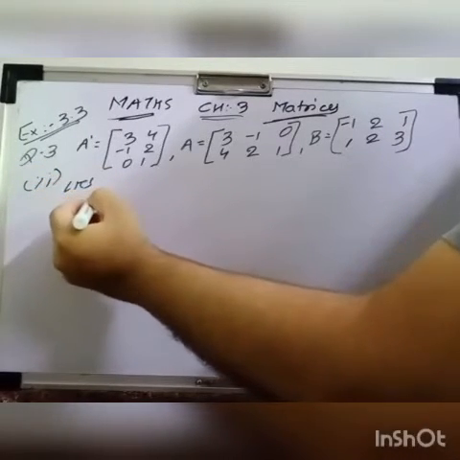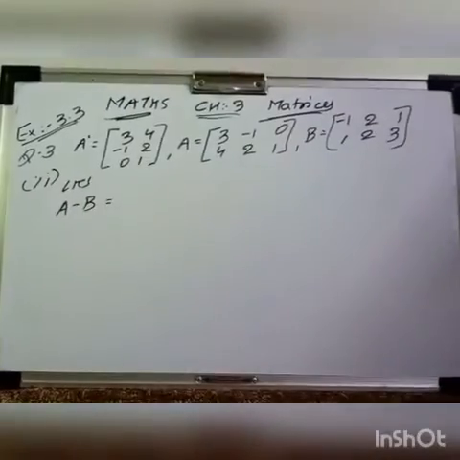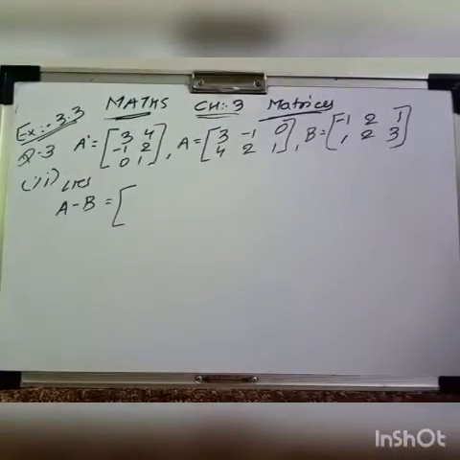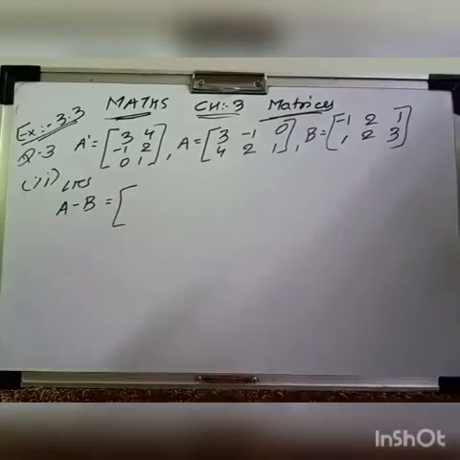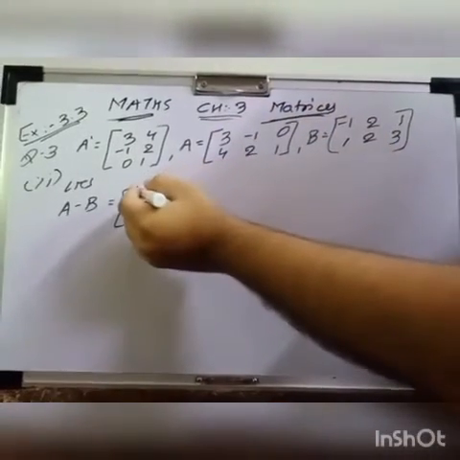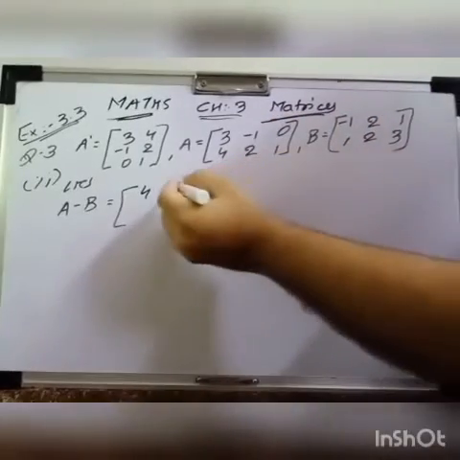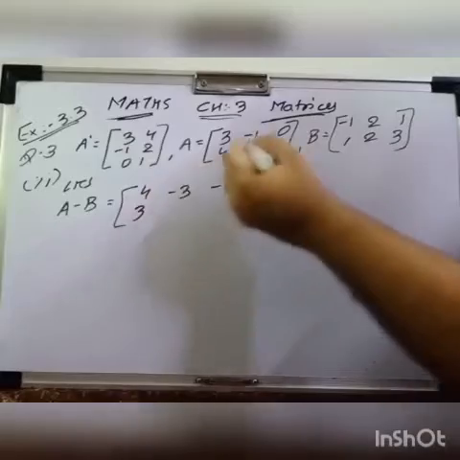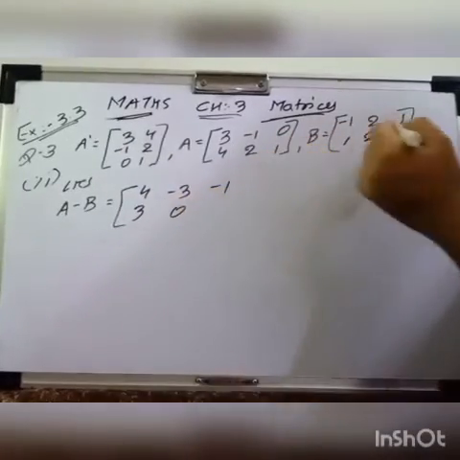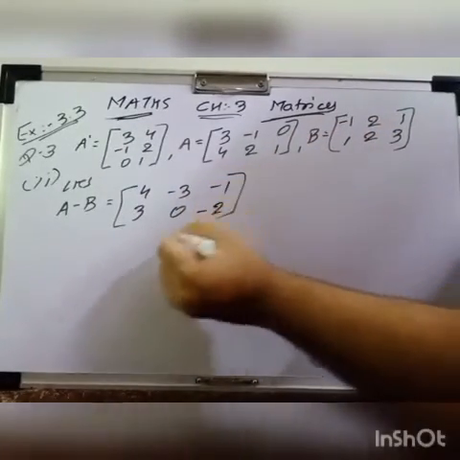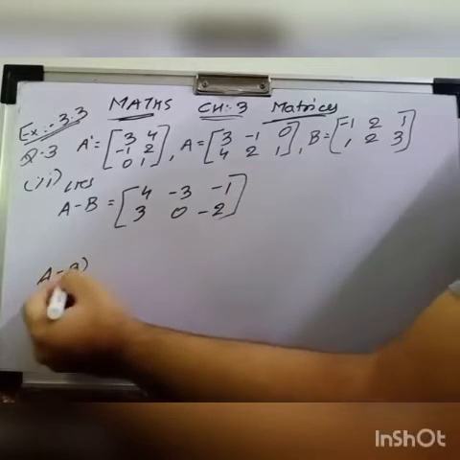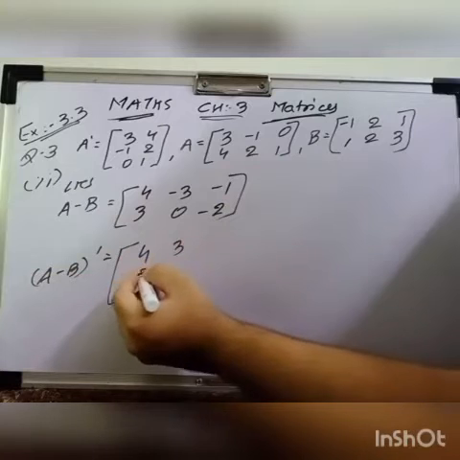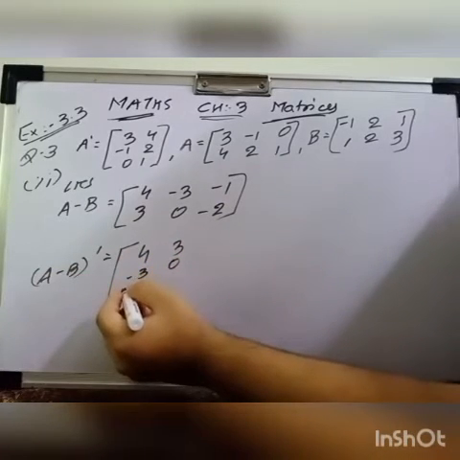I will subtract A minus B. As the order of A and B is same, subtraction is possible. So I will subtract 3 minus minus, that is plus 1. I will have 4 minus 1 minus 2 minus 3, 0 minus 1 minus 1, 4 minus 1, 3, 2 minus 2, 0, 1 minus 3 minus 2. And if I take transpose of this, then I will have 4, 3 minus 3, 0, minus 1